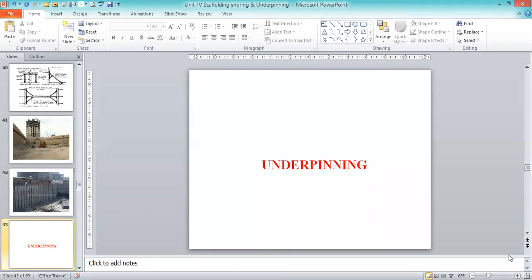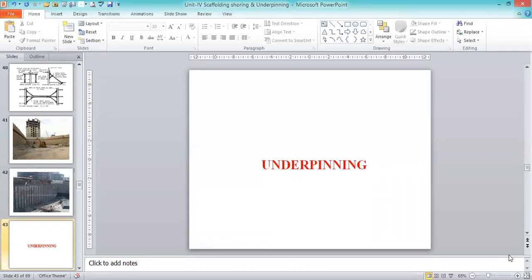A few important cases are, one, we want to improve the strength of the foundations if we are going for a higher number of floors or more stories. In the beginning of the construction we may have designed only for one story or a single room, say a residential building, then we go for a two-storied or three-storied building. So we are enhancing the number of stories or floors. Automatically, whatever foundation we provided in the existing construction is not going to be sufficient to take care of the loads. So that is one case.